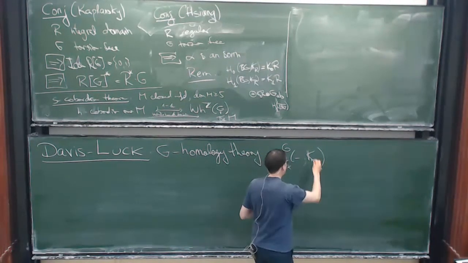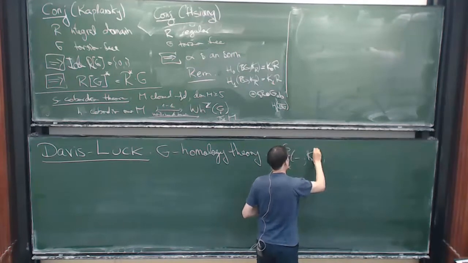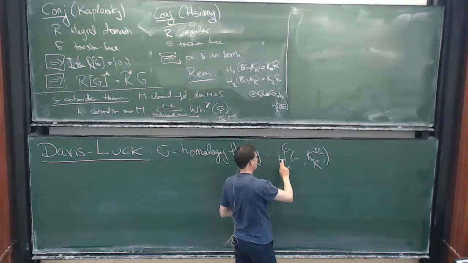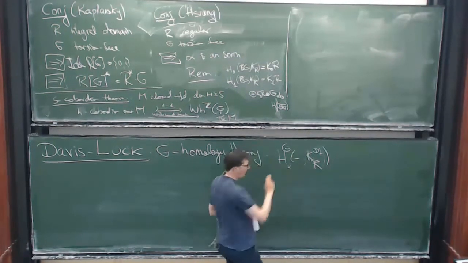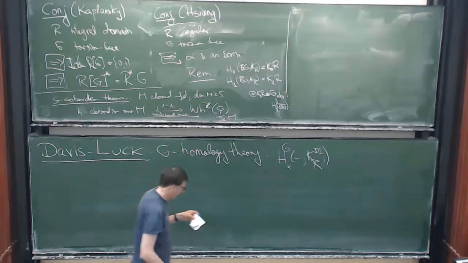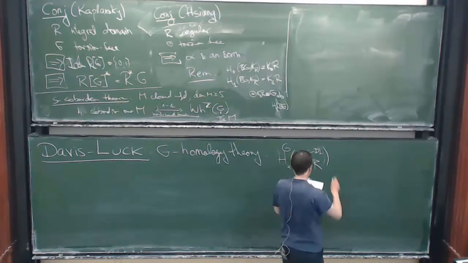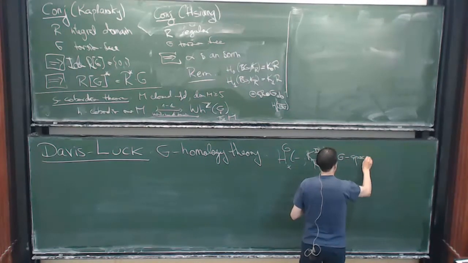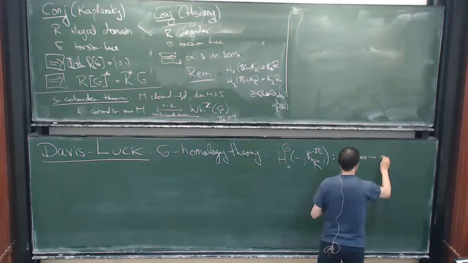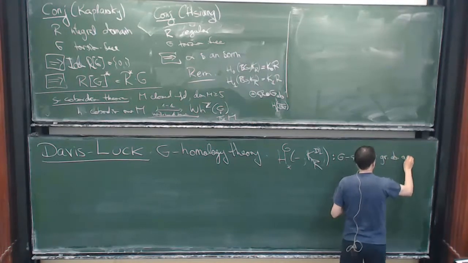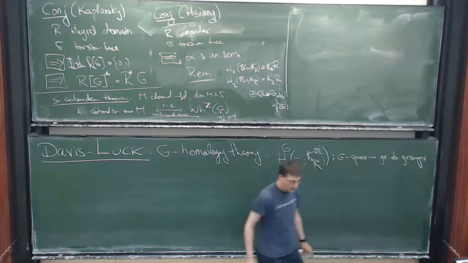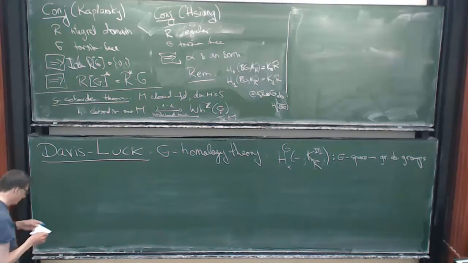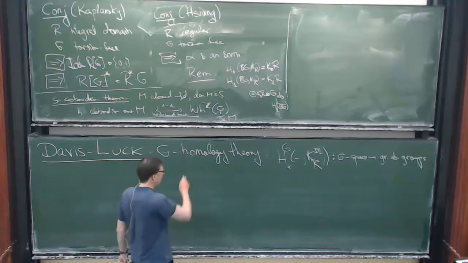Let me emphasize that what goes into the construction of this gadget is more complicated than just the K-theory spectrum of the ring, so I put Davis-Lück here. So they construct a G-homology theory, a functor defined on G-spaces to graded abelian groups, which has all the usual properties: excision, long exact sequences, Mayer-Vietoris, homotopy invariance, and so on, such that